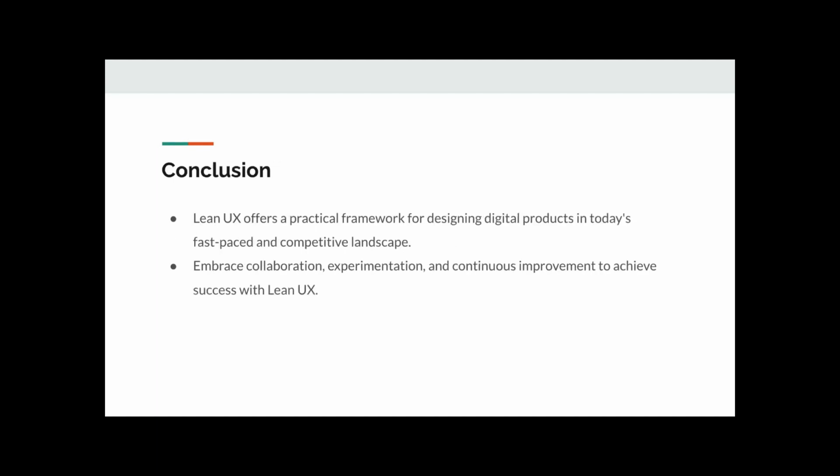Okay. Now this is the end of my slides. I think this is just the basics of Lean UX. What is the mindset that we need to follow in order to have Lean UX in your organization? Actually, I wanted to talk more about the different principles, but as we have shorter time and we wanted to also allow other people to present their chapters, I will take the next chapter probably next week. Okay. Any questions? Any doubts?